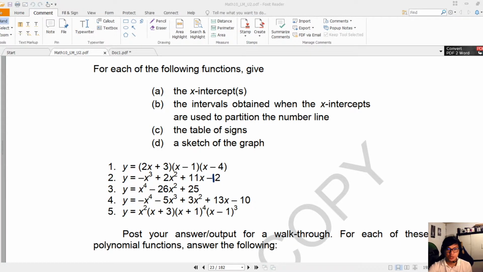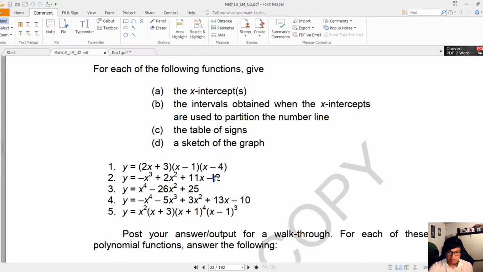So let's proceed with the second example. We're going to find the x-intercepts, the intervals, the table of signs, and the possible sketch of the graph. Number 2 is y is equal to negative x cubed plus 2x squared plus 11x minus, as you can see,